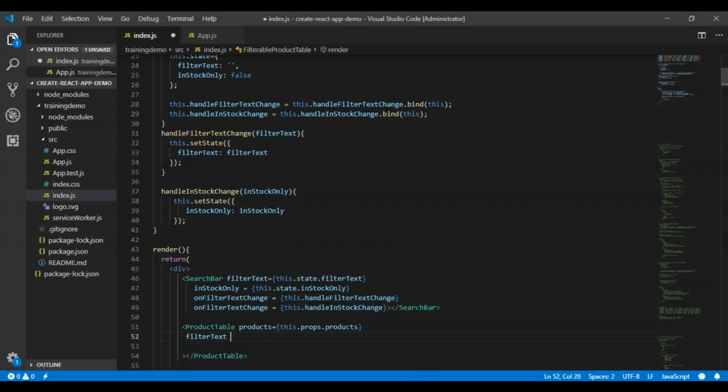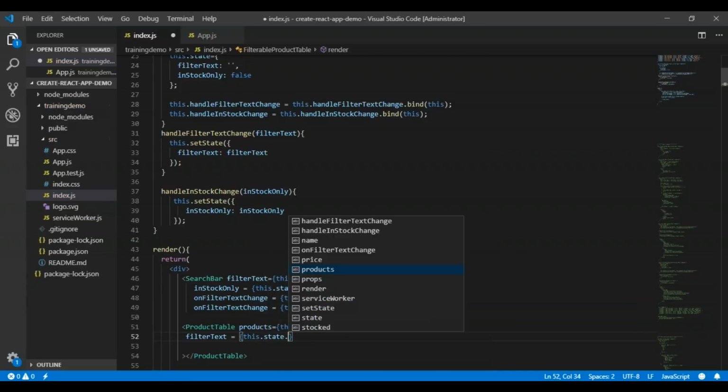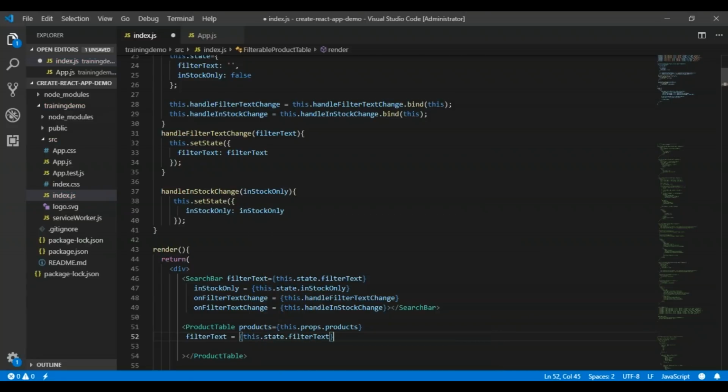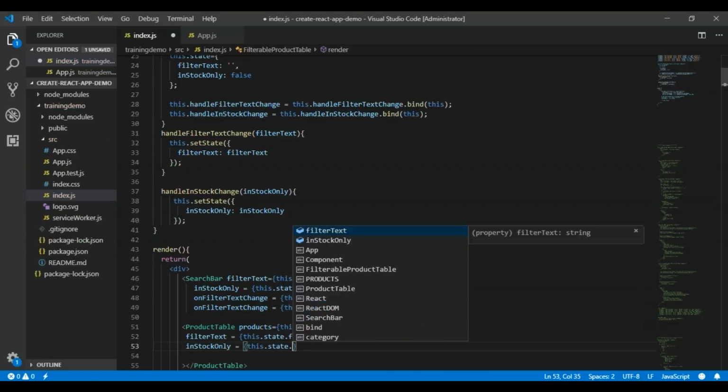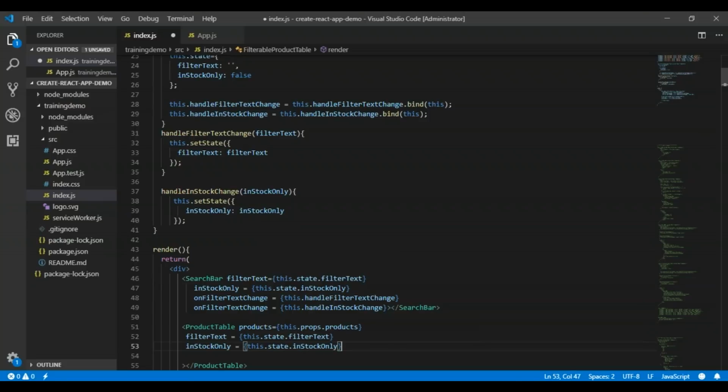In this case, filter text will be this.state.filterText. And then I want to define one more property for this component, that is inStockOnly. What will be the value of this inStockOnly? The value will be this.state.inStockOnly. So that is how we have defined our another subcomponent, which is the product table.